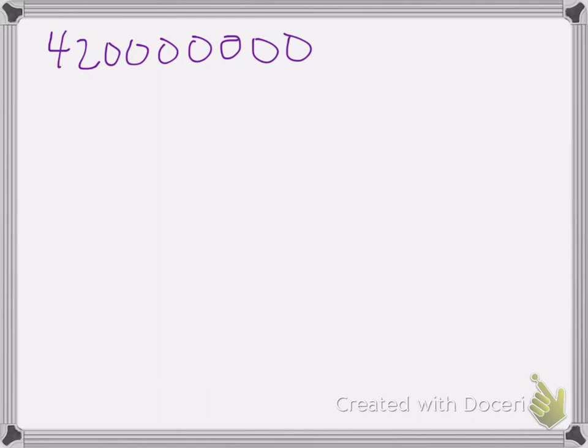This number, for instance, we're going to convert to scientific notation. And to do that, realize the decimal point is right out here on the right hand side. And so in scientific notation, what we're going to do is try to change this number into a number that looks like 4.2 times 10 to the exponent, and the exponent is indicative of how many spaces we have to move the decimal point to get this number that I've written out right here to look like 4.2. So to do that, I'm going to move this decimal point over 1, 2, 3, 4, 5,